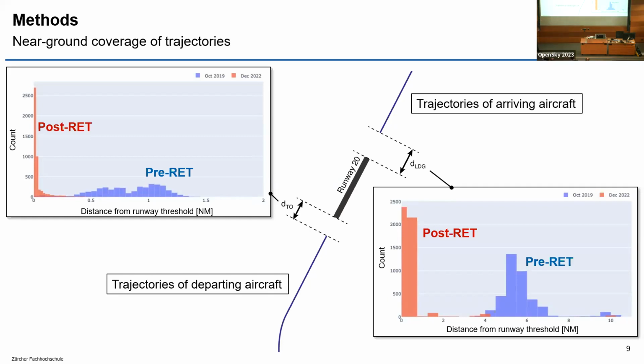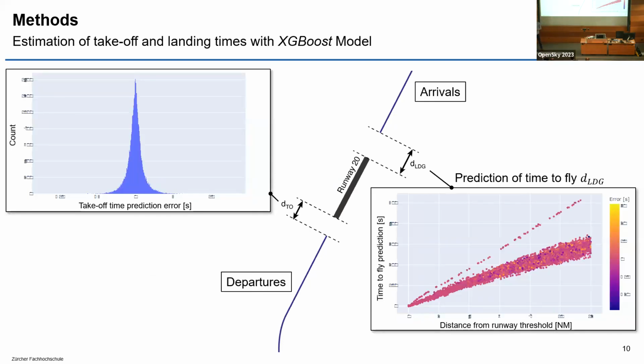And in order to make up for this deficiency, we trained an XGBoost model which allowed us to predict the time it took aircraft to fly these distances. This way we could then update our estimates and find out the time of takeoff and the time of arrival. And here on the slide, you see the prediction errors, which again have the same issue as with